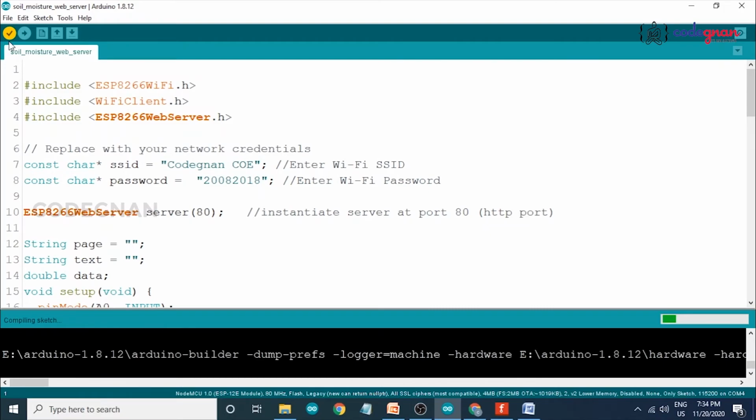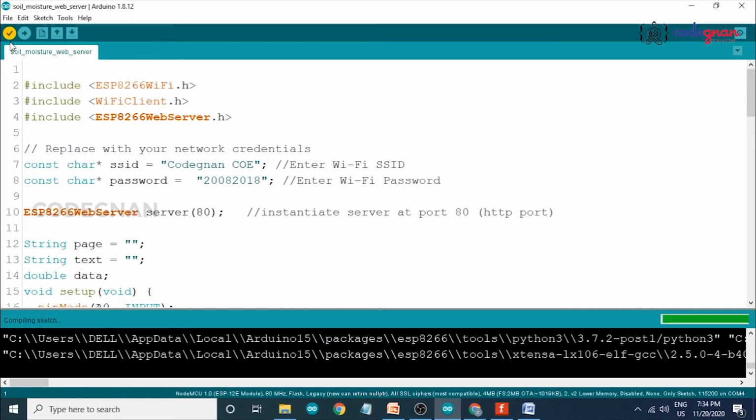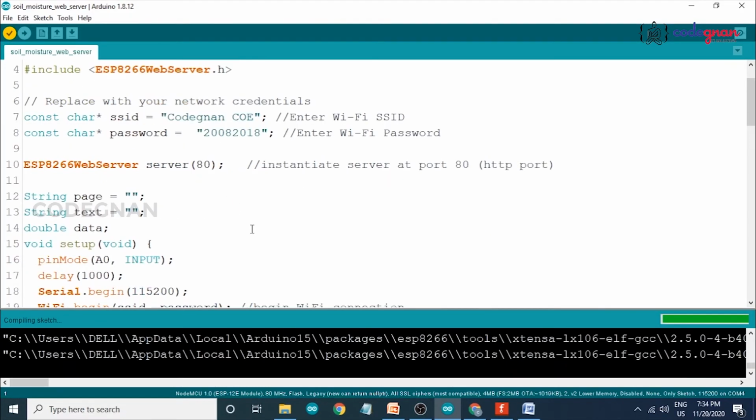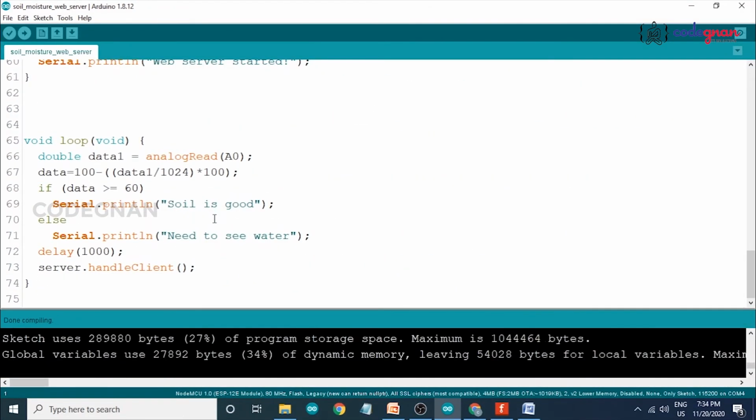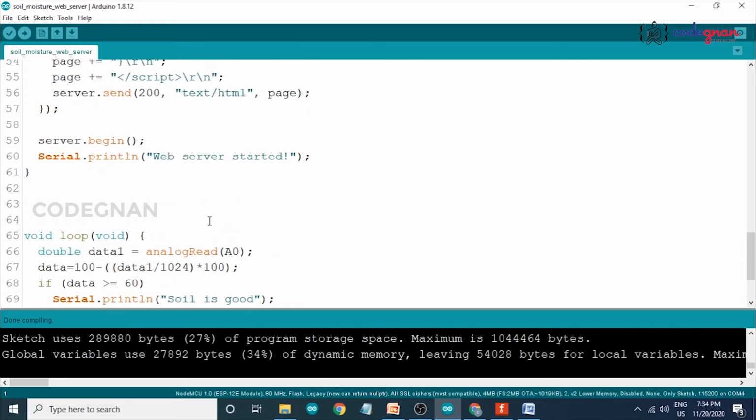Now compile our program. It's compiling. Okay, it's done compiling. It shows there is no error.